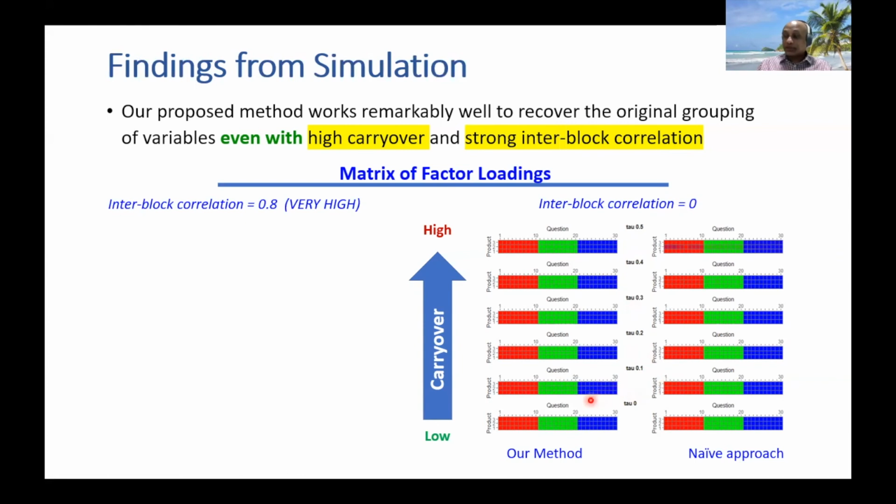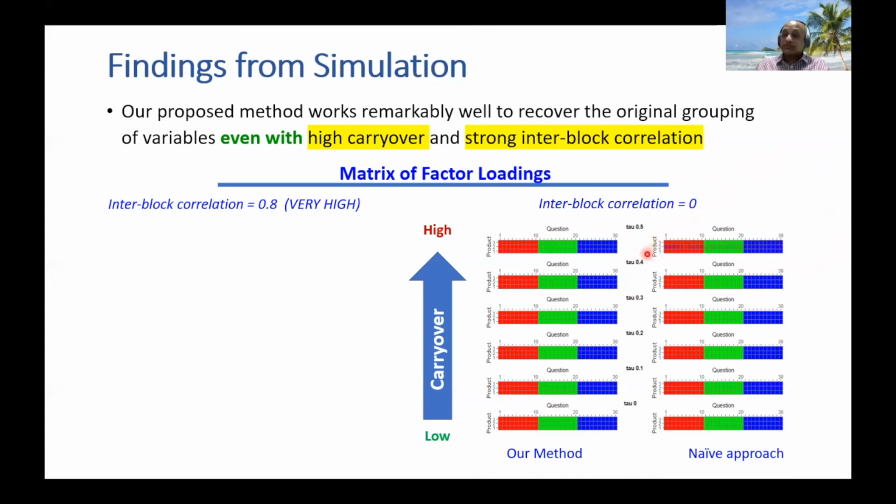In the heat maps there are vertical columns of colors. This shows that the original 3 blocks of DQs are retrieved back by these 3 factors by both methods. A slight exception is probably the highest carryover subcase in the top right corner, where the naive approach could not really pick up all the true factor structures.